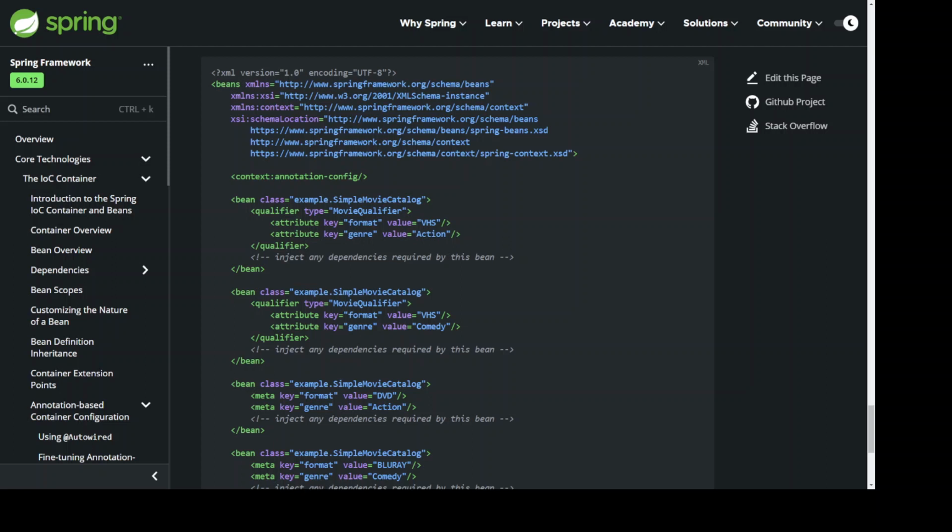<!-- inject any dependencies required by this bean -->